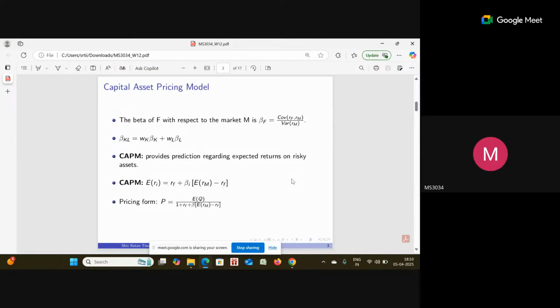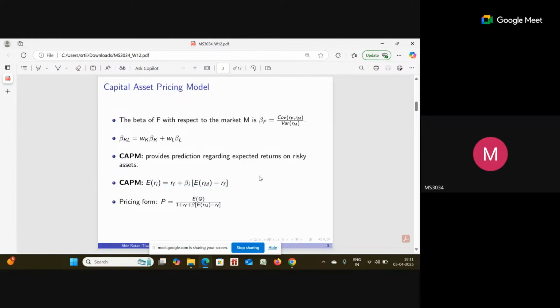return on risky assets. So what it essentially says is that the expected return of a particular asset i will be equal to the risk-free rate plus beta of that particular asset times the risk premium of the overall market. And risk premium is the expected return minus the risk-free return. So the functional form is given by this equation. This gives us a benchmark: what is the expected rate of return of a particular asset i,